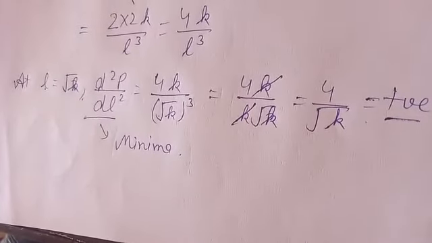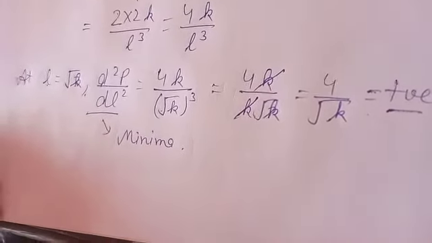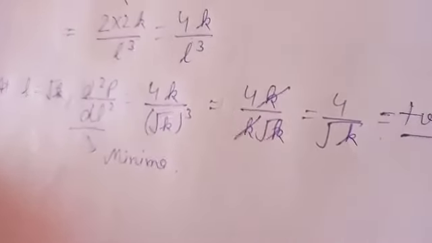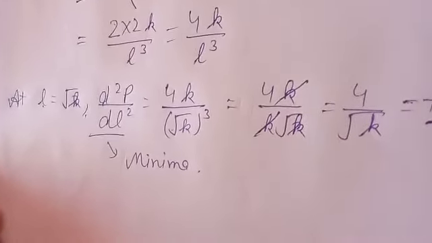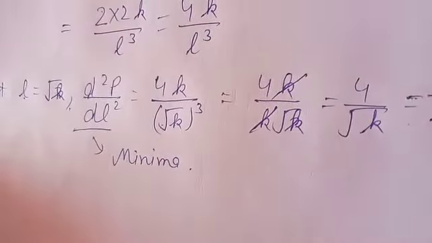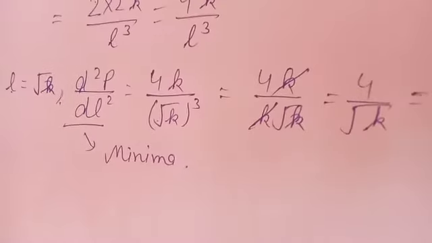Hence we have proved that among the rectangles of given area, means whenever the area of rectangles is given, then the square has least perimeter, and if we find the least perimeter among those rectangles, then we'll find that the rectangle was actually a square. Okay, I hope you have understood this question.